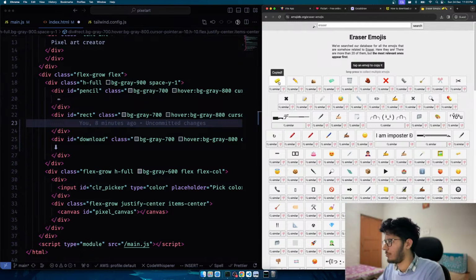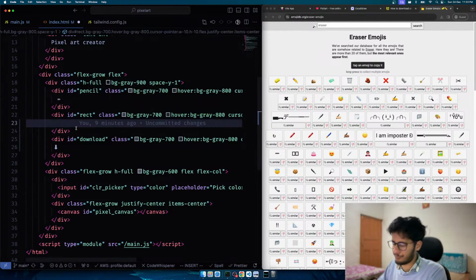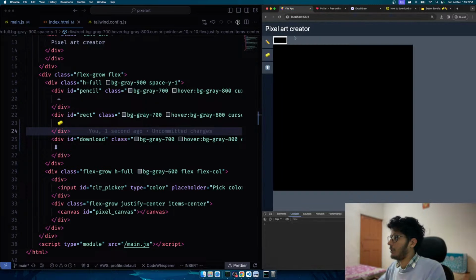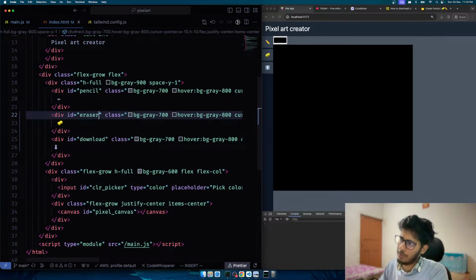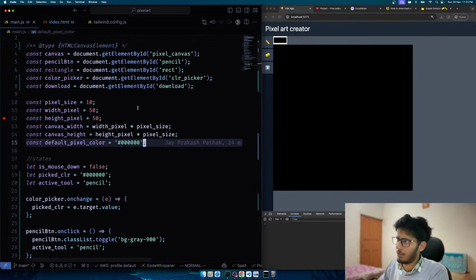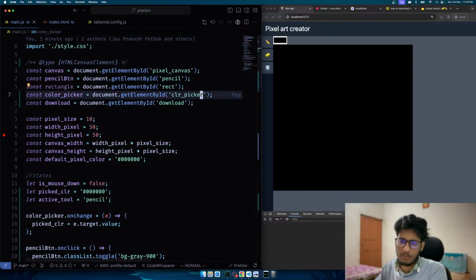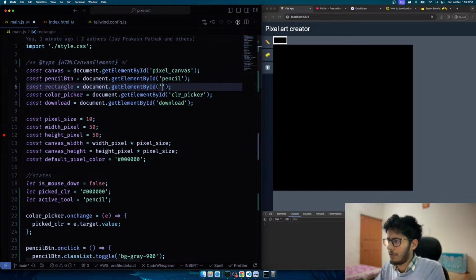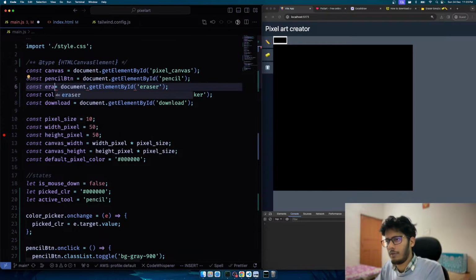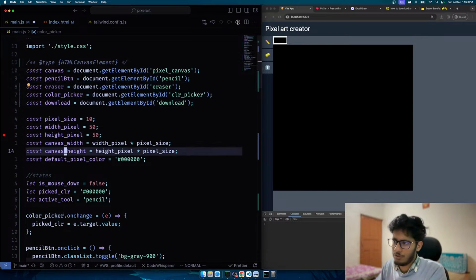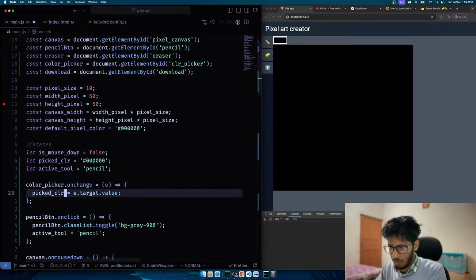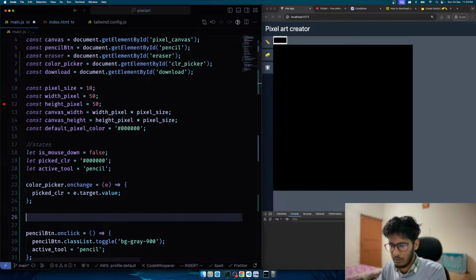Should we use this one? I don't know. Might be. Yeah. So we have this, and we'll be using this for eraser instead of rect. Let's call it eraser, and let's go in the main dot whatever file we have. And then what we can do is, instead of rectangle, we can have an eraser, and then eraser, right? So yeah, and then what we can do is we can go and say